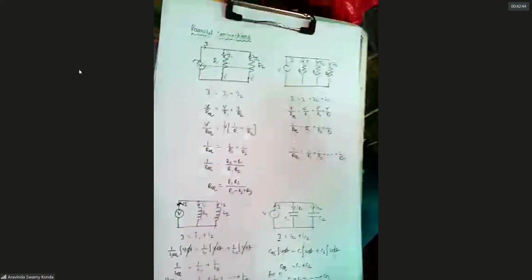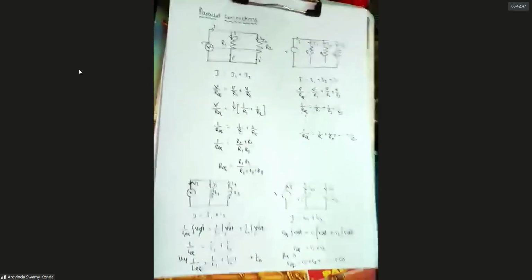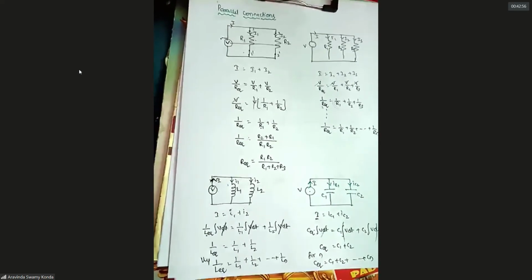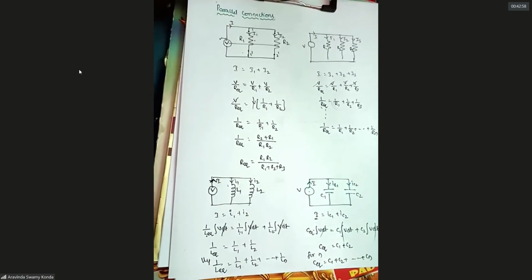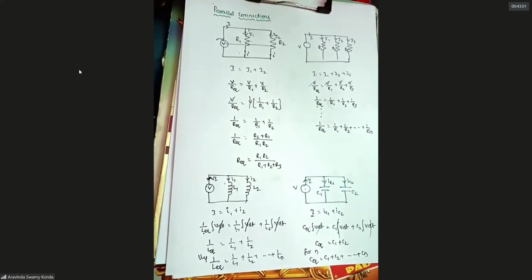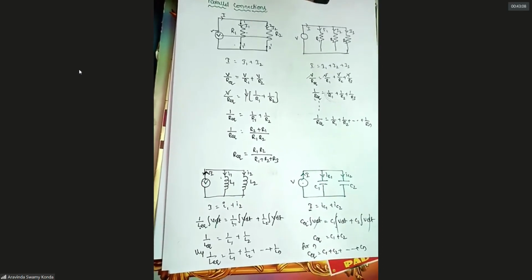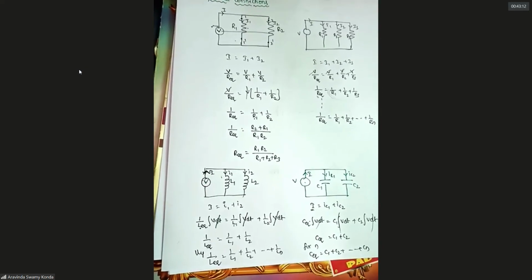See, observe, resistor and inductor are of the same nature. Suppose resistors are in series, what about the equivalent resistance? R equivalent equal to R1 plus R2 plus up to so on Rn. Same for the inductors also. L equivalent equal to L1 plus L2 plus up to so on Ln. But capacitors will be the reverse for the series. 1 by C equivalent equal to 1 by C1 plus 1 by C2 plus up to so on 1 by Cn. Any resistor in series, then inverse summation.